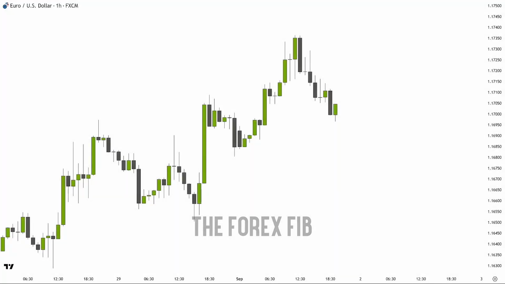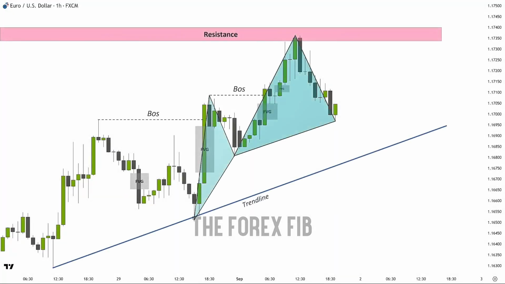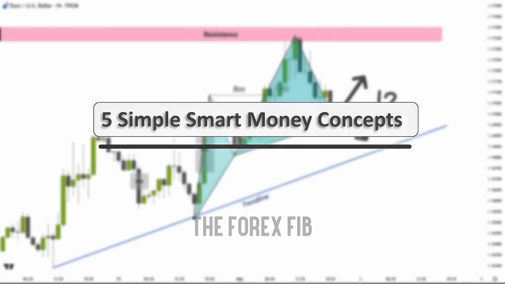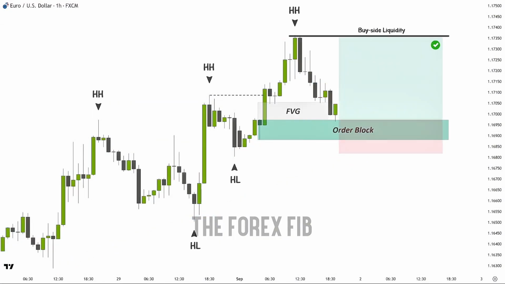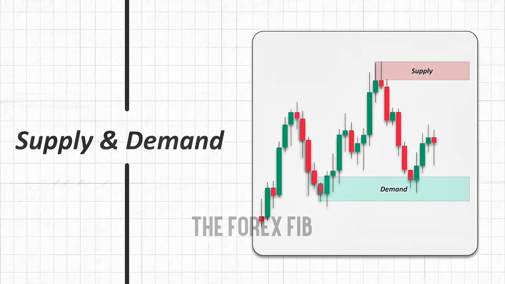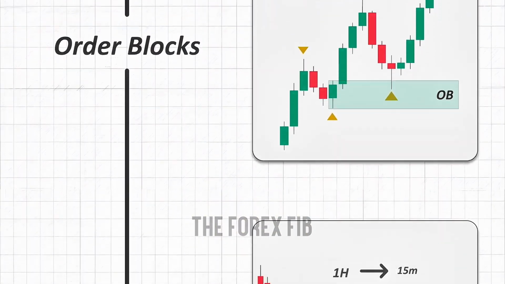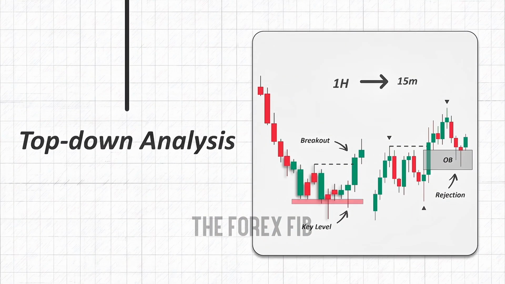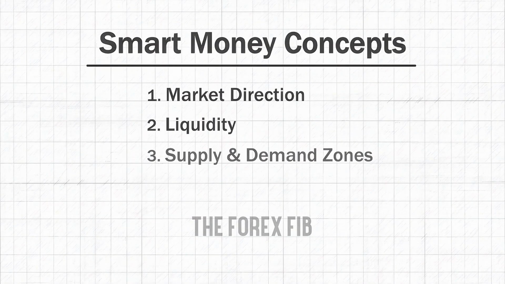Many traders learn and apply countless concepts on the chart, yet still get confused and struggle to find clear setups. That's why in this video, I'm going to explain 5 simple smart money concepts that will clear up your confusion and help you know exactly what you're looking for. These concepts include market direction, liquidity, supply and demand, order blocks, and top-down analysis. By the end of this video, you'll know exactly how to apply these concepts to the chart like a professional